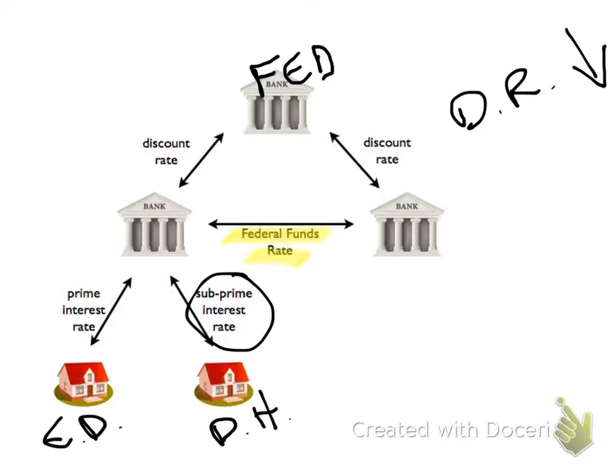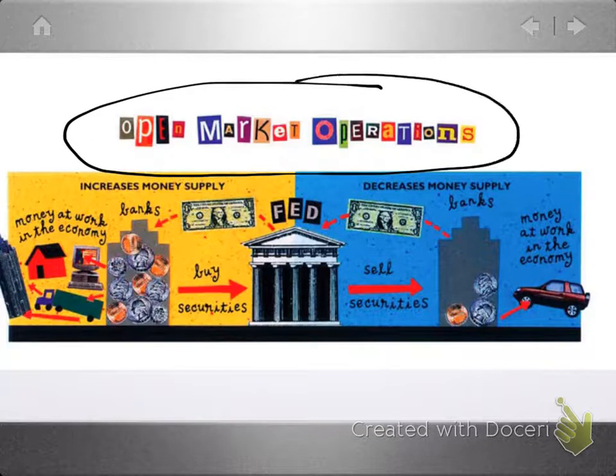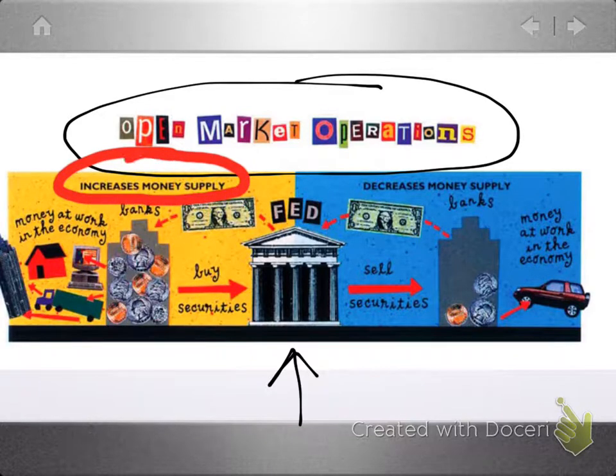The last piece, I'm sorry, this is now over 13 minutes, but the last piece. How do they influence this federal funds rate? Because this is something they influence every single day through open market operations. And we'll spend time practicing this in class, but you can see right here in the middle of the screen is the Federal Reserve. And on the left, the Federal Reserve is going to increase the money supply when they are worried about a recession.